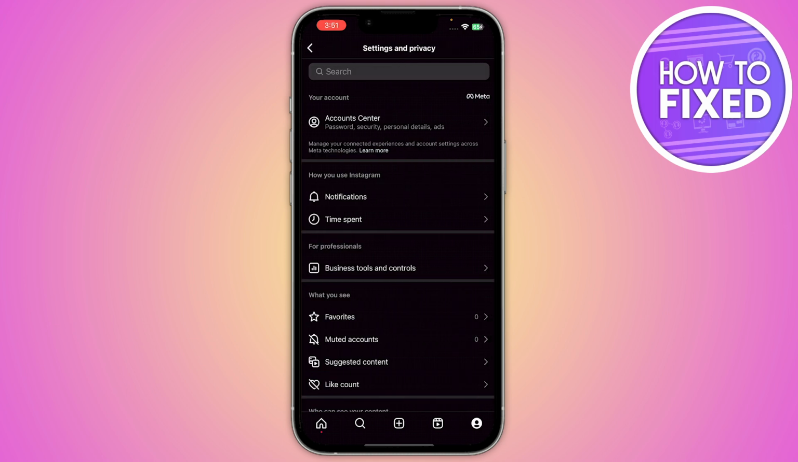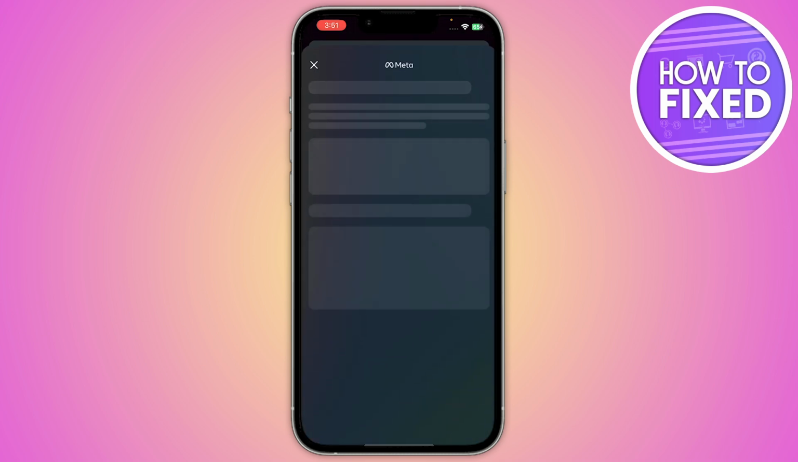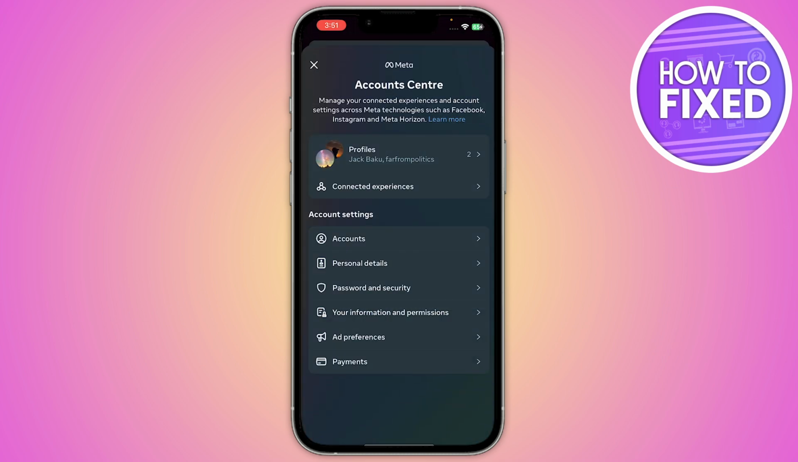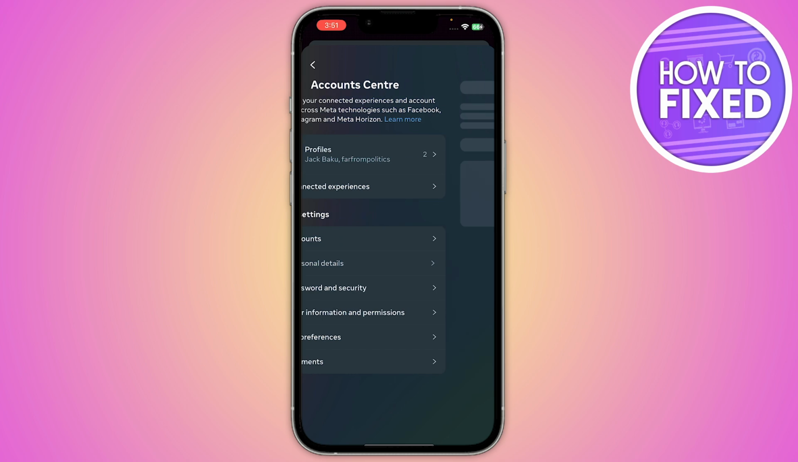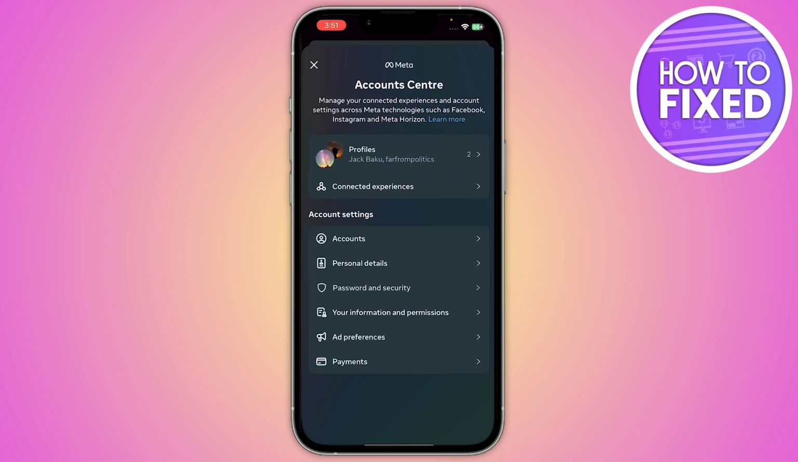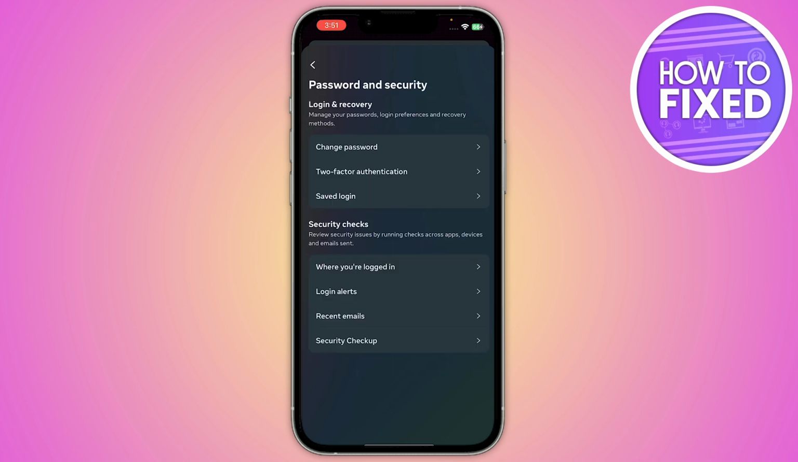Now once you are in here, at the top there is the option of Accounts Center. You have to click on it, and from here you have to simply go to Personal details. Now once you are in the Password and security details, what you have to do is simply go